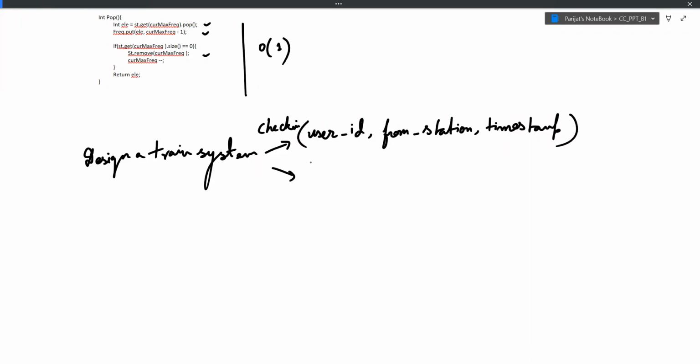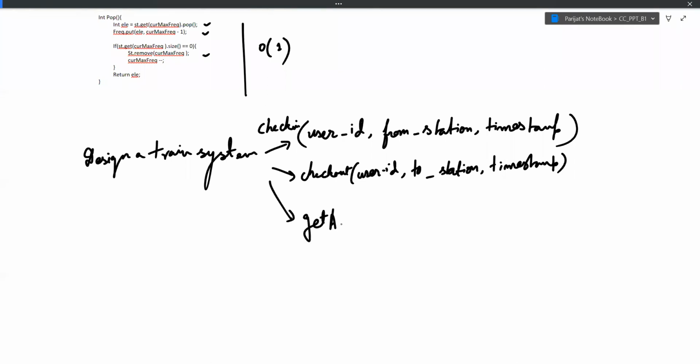Then there'll be a checkout functionality. Checkout will again be some user ID. He has got down and got out of the station, so some to station, and some timestamp will be there. Okay, so check-in and checkout is done, and the other two things that we need to find out is say